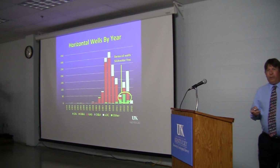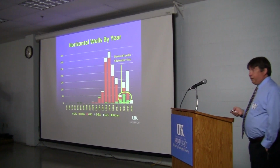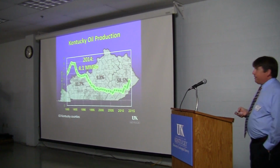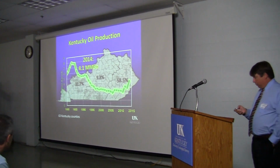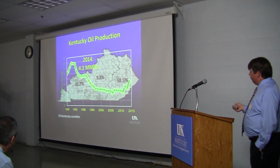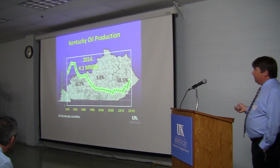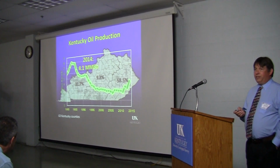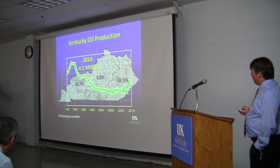Horizontal wells are also being used to target the oil in the Berea, and as I said, these are slick water fracks, and that too is having a great deal of effect on Kentucky's energy resources. As you can see, we've had a fairly steady decline for many years. Actually, this decline goes back to about 1960 when we started dropping off of our high of 27 million barrels